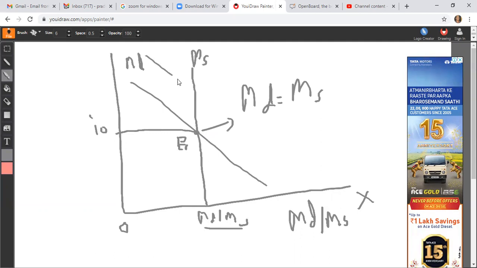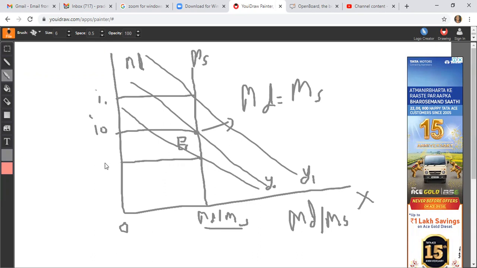So as the demand for money curve shifts upward, the interest rate increases. And this is done for a Y0 level of income, and this is done for an increased level of income, Y1. When the demand for money curve shifts downward due to a decline in income, then we have the equilibrium here, causing a decline in the rate of interest